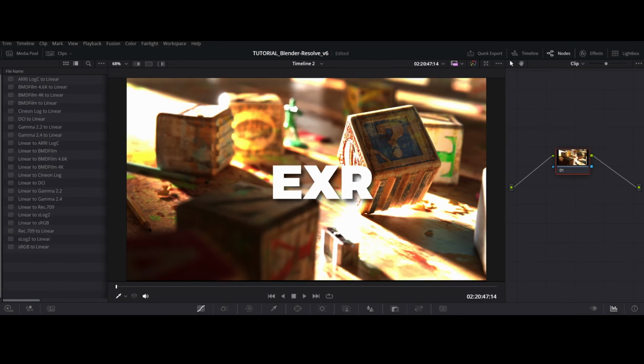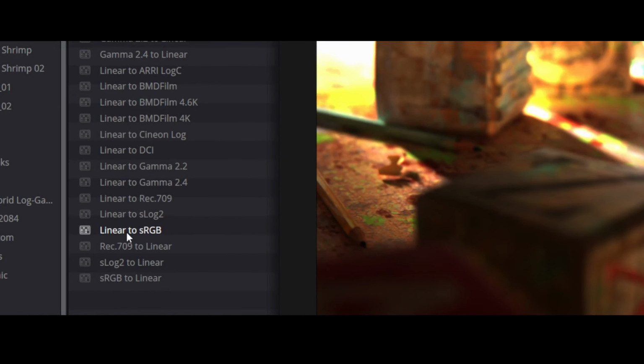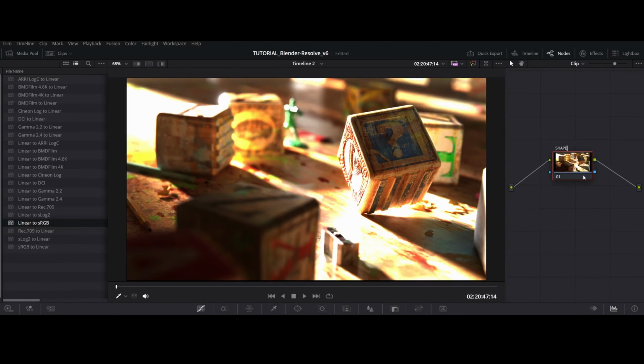Here's one more high dynamic range EXR sequence from Blender. Obviously the preview looks wrong, as we have to transform it for display, so if we want to use LUTs, instead of using the straight conversion from linear to sRGB, we can use a shaper LUT first, meaning the